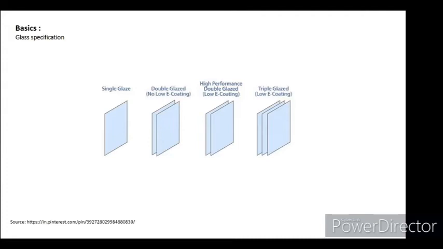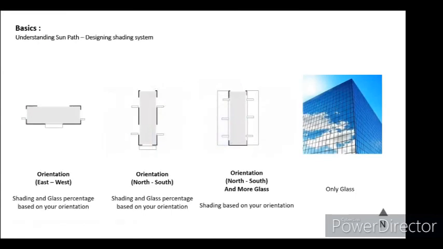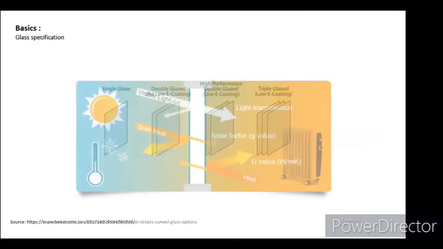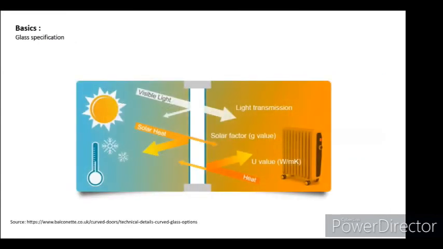Well, I'm going to help you understand how to read these things, or how to understand the basic values in it. For example, for any glass, you take a brochure, there are three factors which you need to see: the U value, the solar factor or G value, and the light transmission. U value: heat transfers into a space through conduction, convection, and radiation. U value is more about conduction. It tries to keep the heat or the cold within the space and minimize the heat loss that is going to escape.